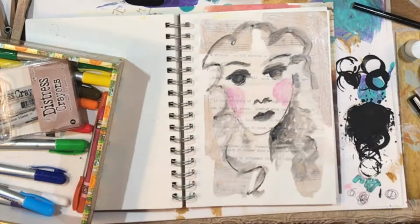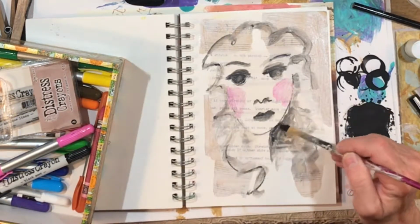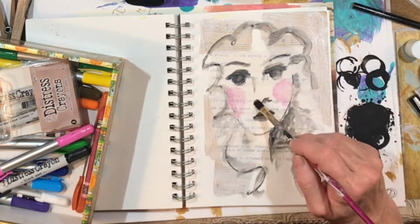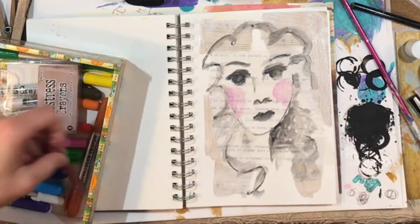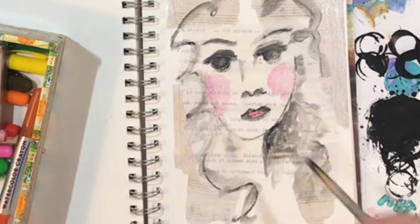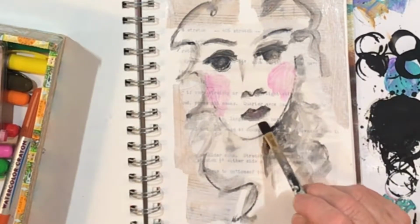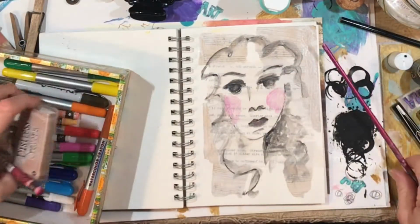And let's take a little bit of color just from here and do a little bit of color here to help accentuate the nose. I want to buy some more of these, the Neo color. I really like that crayon. So I just put a little bit of color in the lips. You can do little lines like on the chin, and you can come back,